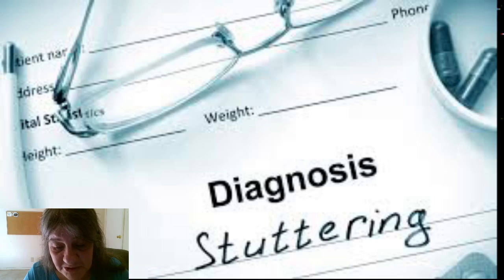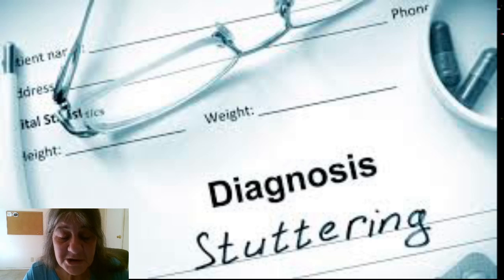They may also differentiate between the repetition of syllables and mispronunciation of words that are normal in young children, and stuttering that's likely to be a long-term condition. They may also rule out any underlying condition that may cause irregular speech, such as Tourette's syndrome.